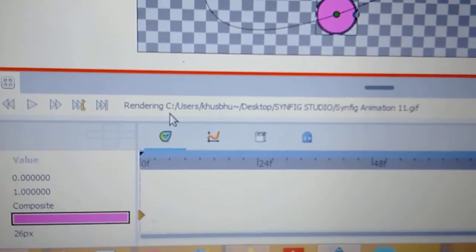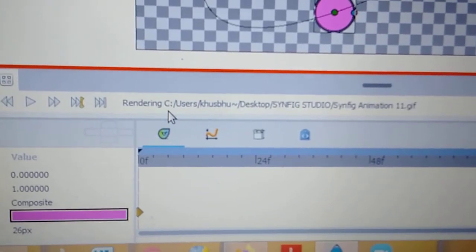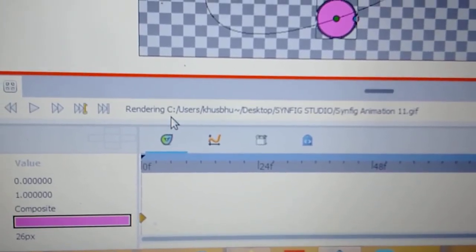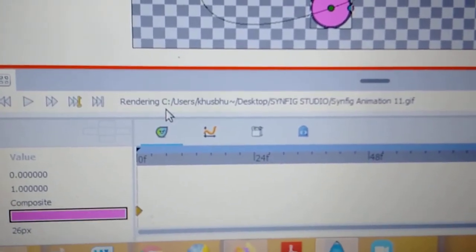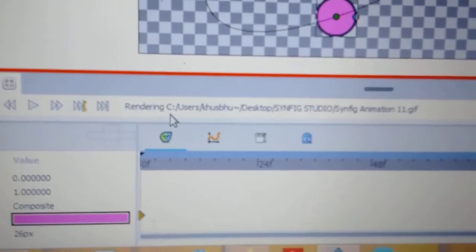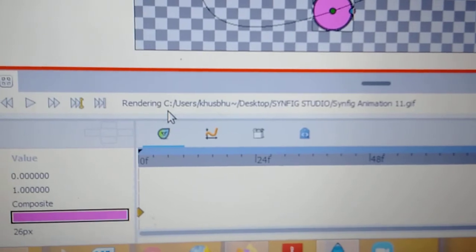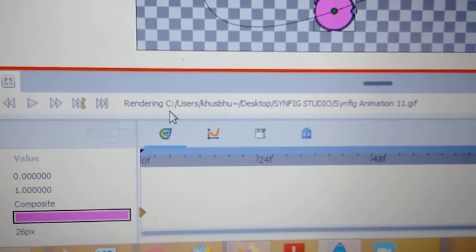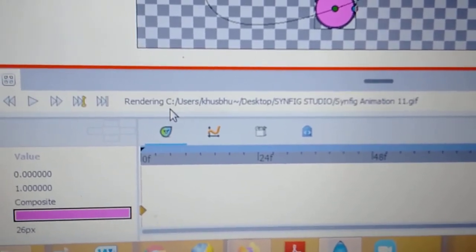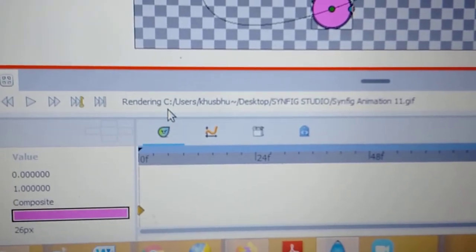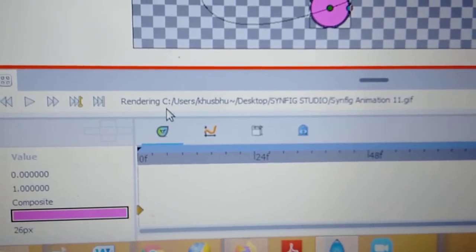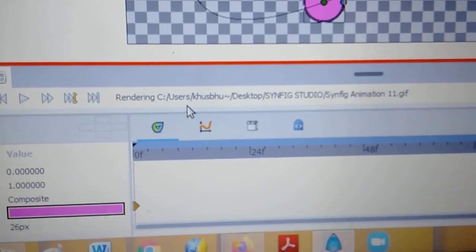Clear? So we have to wait for rendering the GIF image.